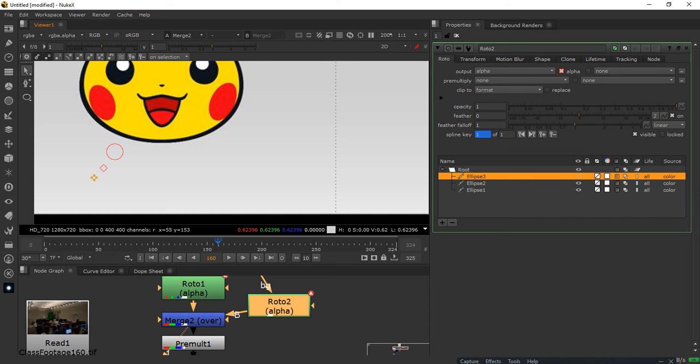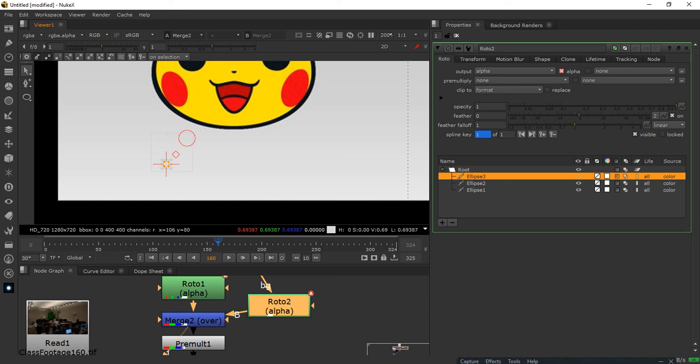There we go. And one of these, no, that's good. Okay. Yeah, it looks square. All right, so now on this one, I need to make sure my output is not set to alpha, but